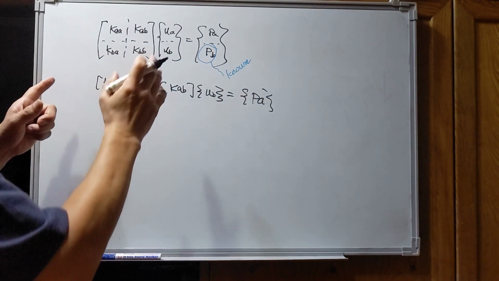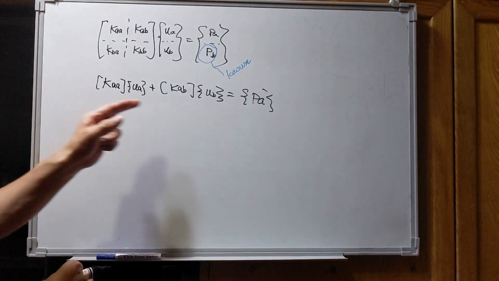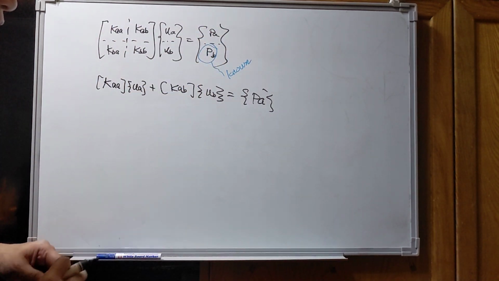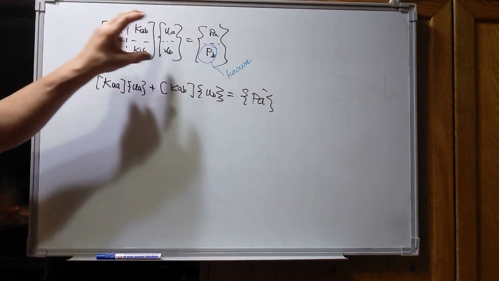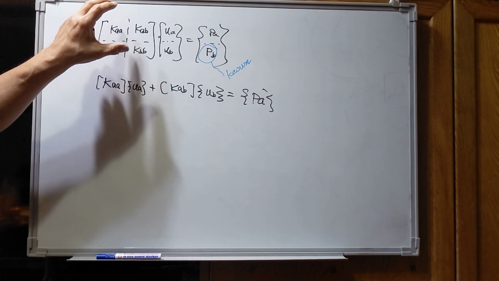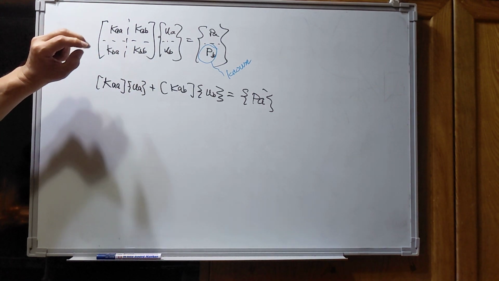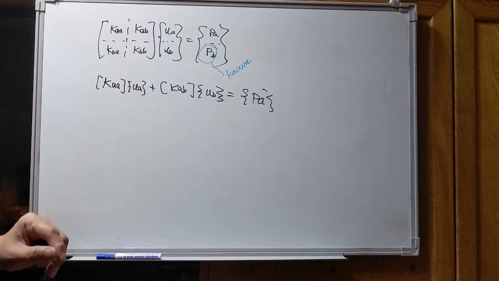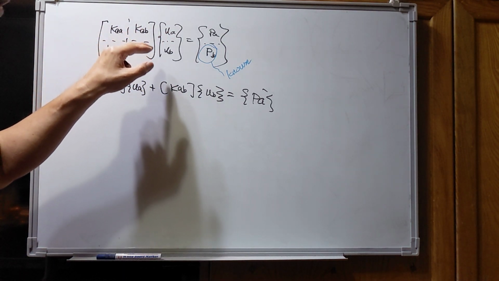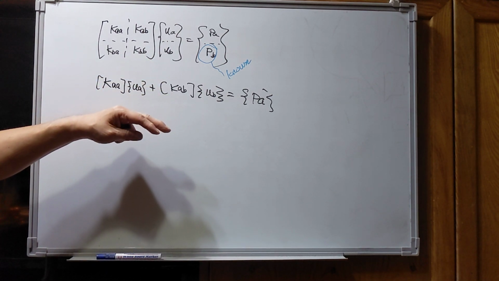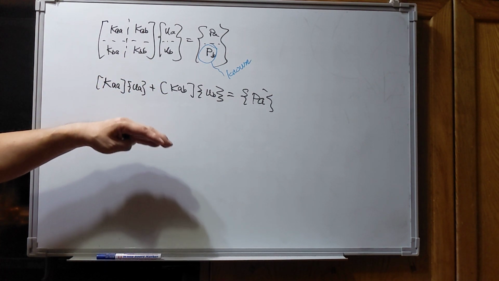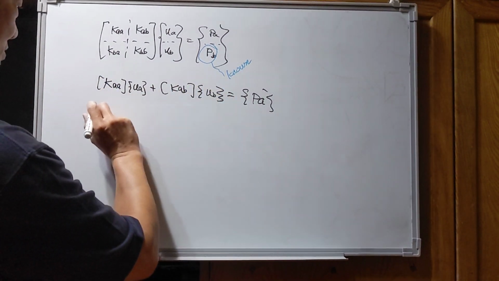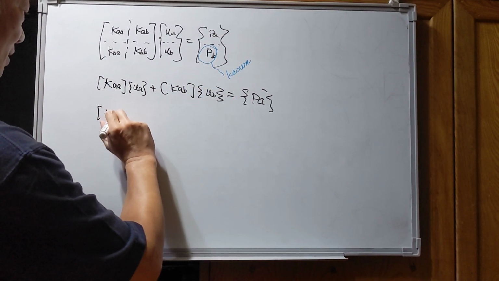Okay, after we made the partitions, then we can separate the original equations. For the plane frame problems, it is a 6 by 6 matrix. So originally we got 6 equations, 6 unknowns. If we made the partitions, then we can separate the 6 equations into 2 parts. That's the first part. And for the second part,